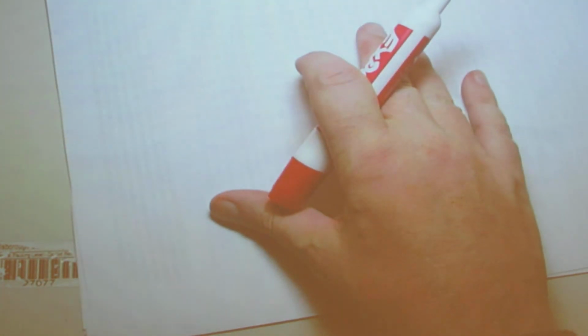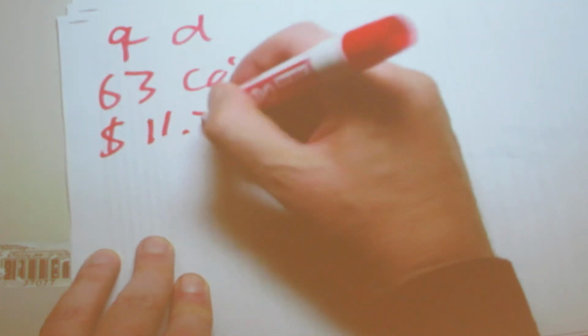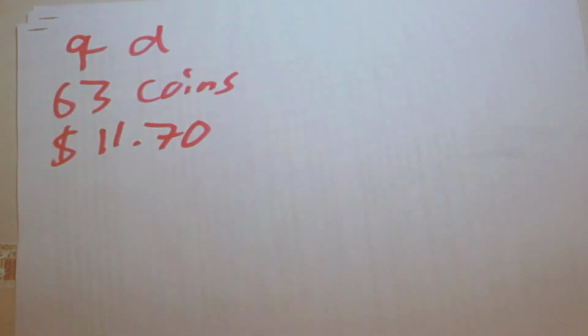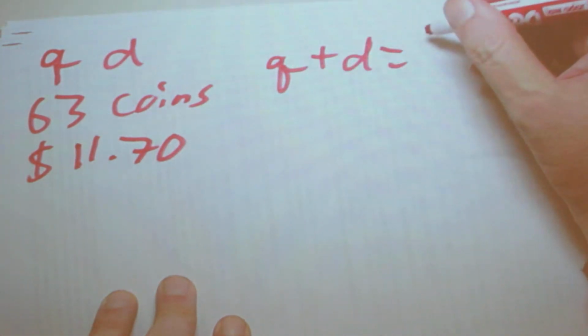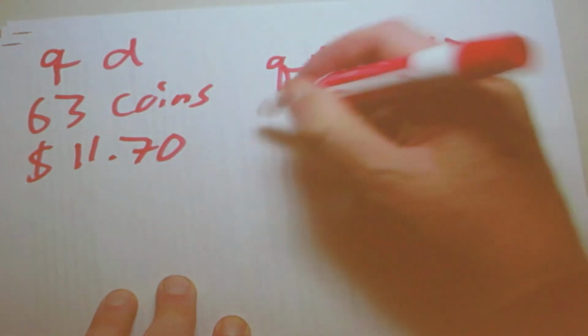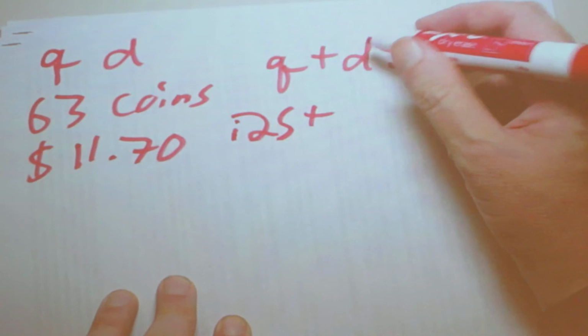The next one is a little bit longer. It says that a person has a bag with quarters and dimes. There are 63 coins, and they add up to $11.70. So we know that quarters plus dimes equals 63, and quarters are worth 25 cents, so 0.25, plus dimes are worth